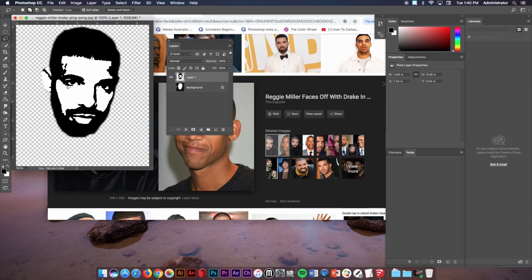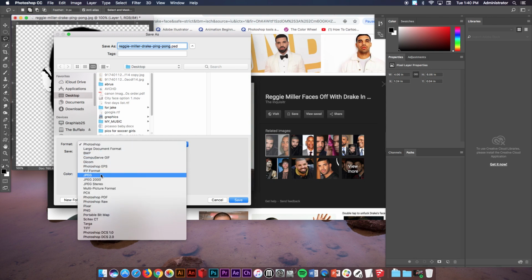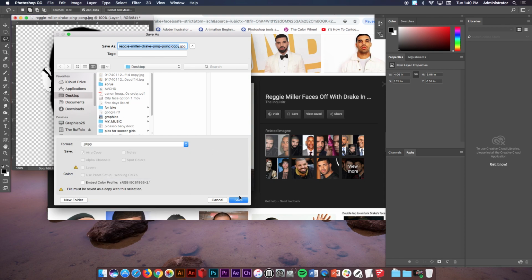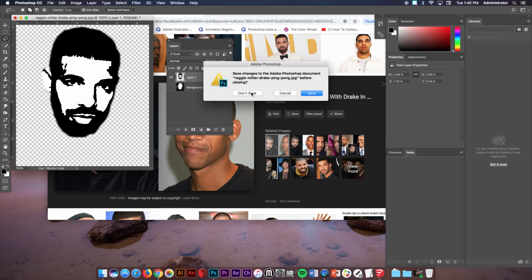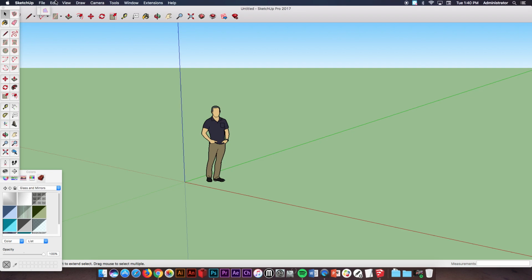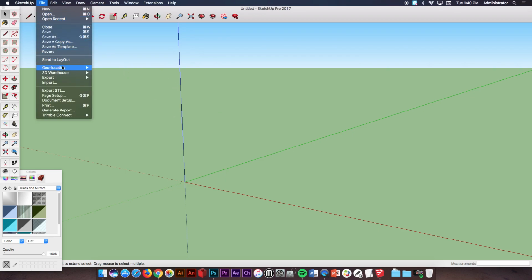Now, once you've done this, all you're going to need to do is go to File, Save As. You're going to save it again as a JPEG. Save it to your folder. Save it. Then, when you go back into SketchUp and you have your new file in SketchUp, same steps as option 1,